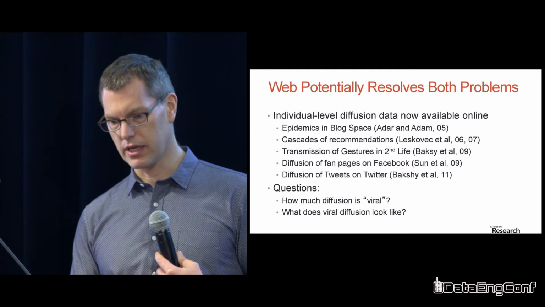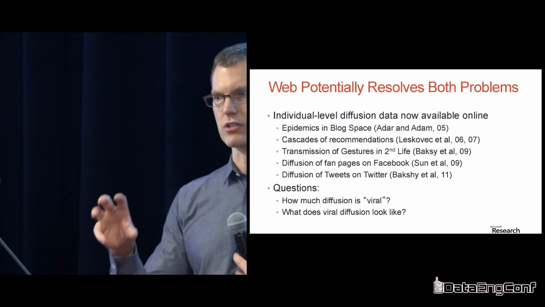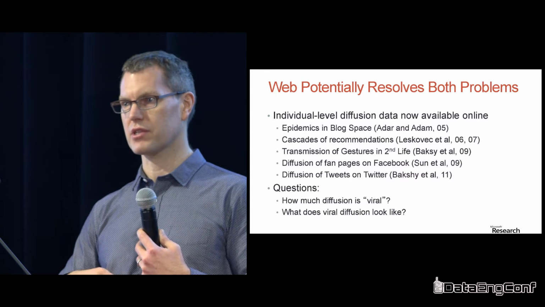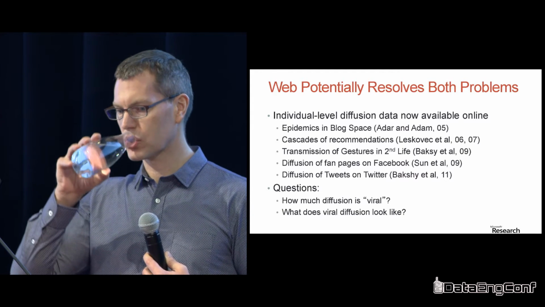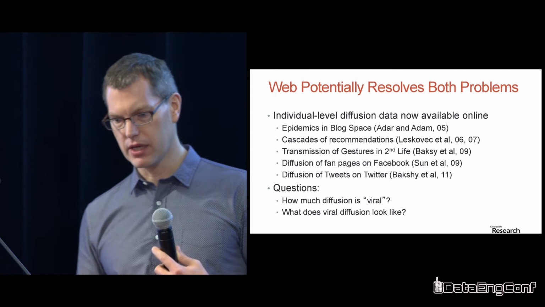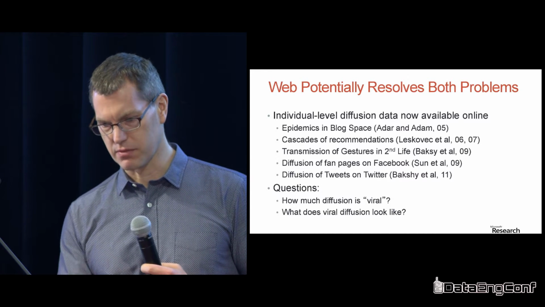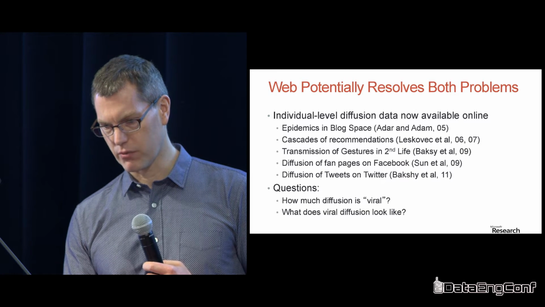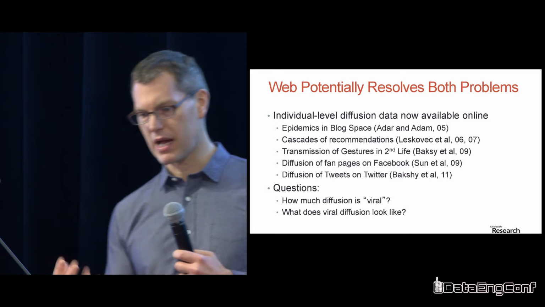We can get individual person-to-person level observations, and we can get them for something like a total sample of everything that's, in some sense, trying to diffuse, or everything that's at risk of diffusing. And so this is a relatively recent area. It only goes back about a decade now, but there's been a growing list of examples, and it's a much longer list now. This is a little bit out of date. Of papers where people have exploited web data to study diffusion,